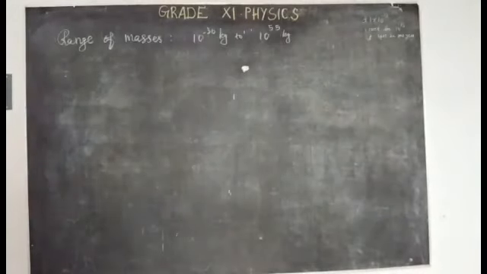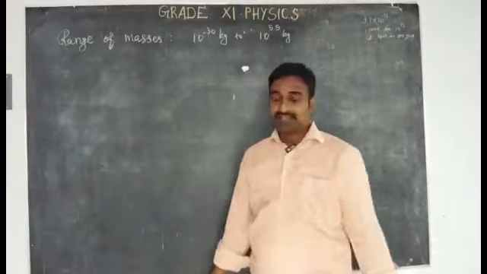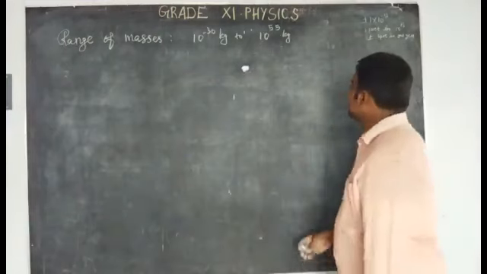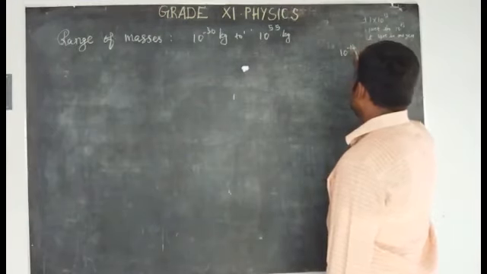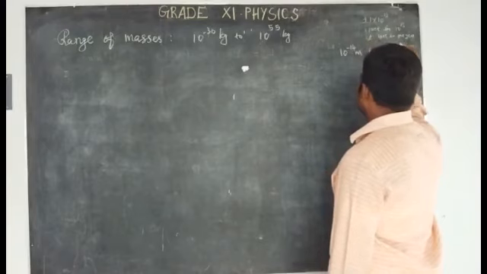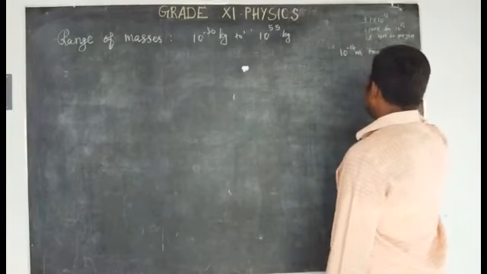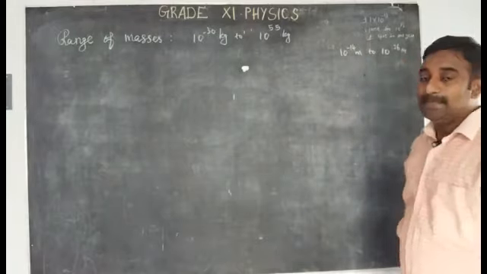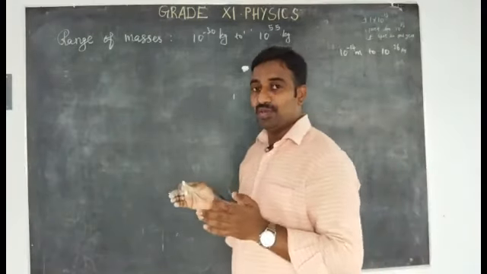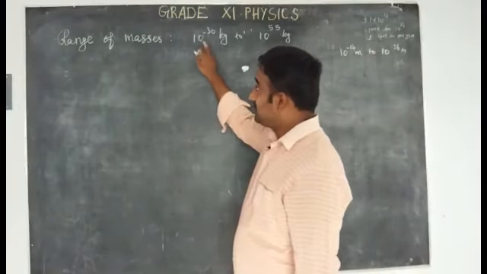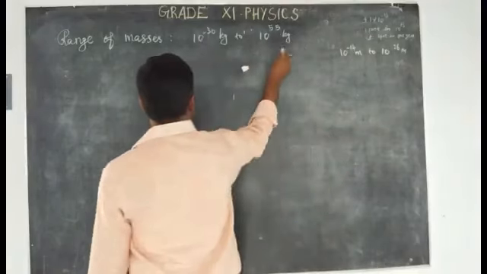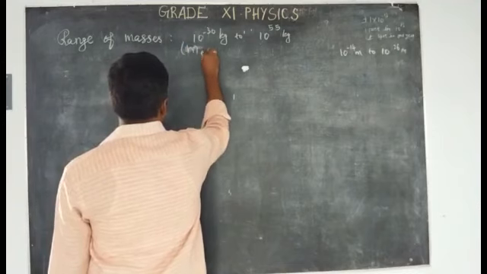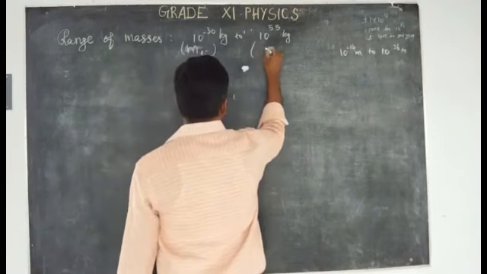Okay. Now the continuity of the mass. We have already discussed the range of length. The range of length is from 10 to the power minus 14 meter to 10 to the power plus 26 meter. This is the size of a nucleus, and this is the observable size of the universe. Smaller things to larger things. Similarly, the mass range in the universe is from the mass of an electron to the observable mass of the universe.